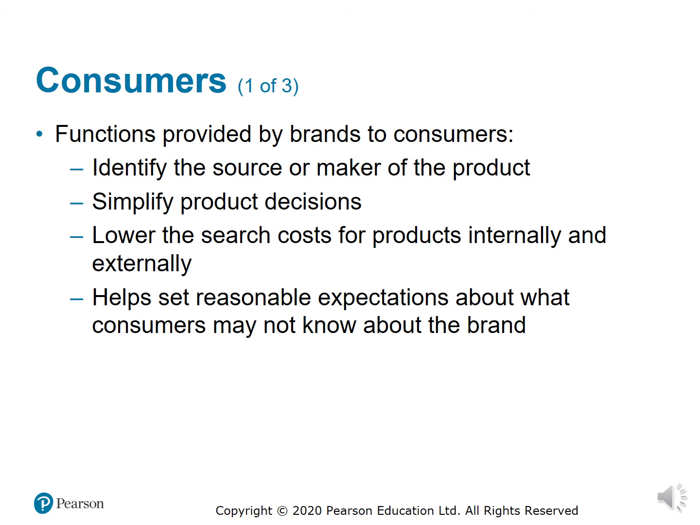Next function is to simplify product decision. The third one is to lower the search cost for product internally and externally. When we are going to buy some product like a PC or automobile or any other product or service, we search for many information sources, internally and externally. But if we choose only when we buy the product of high brand,